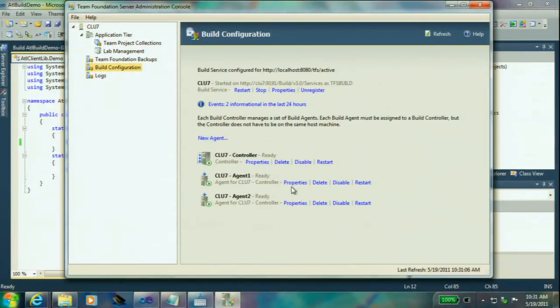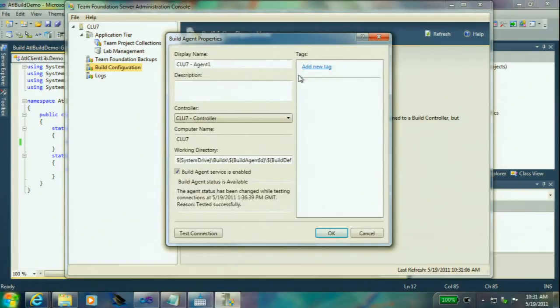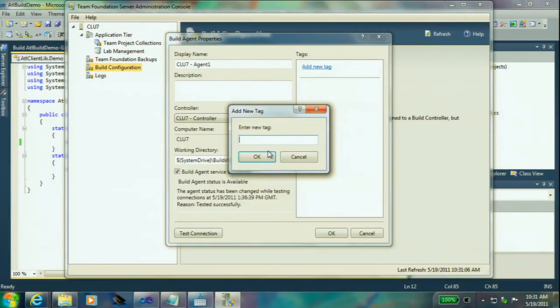And if we come in here and look at the properties, you'll see that you have this tagging option. And when you go add a new tag, it's simply a way to say that, hey, this is a server that supports building Java, for example. Okay? Or supports our legacy system. And then once we've done that, we can go in